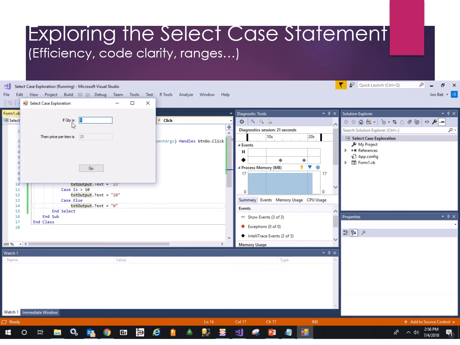What if I order 5? Price each still 25. Anywhere in between? Still 25. What if I order that 6th item? Price each is now 23. Okay, and 7, still 23, and 8, 23,